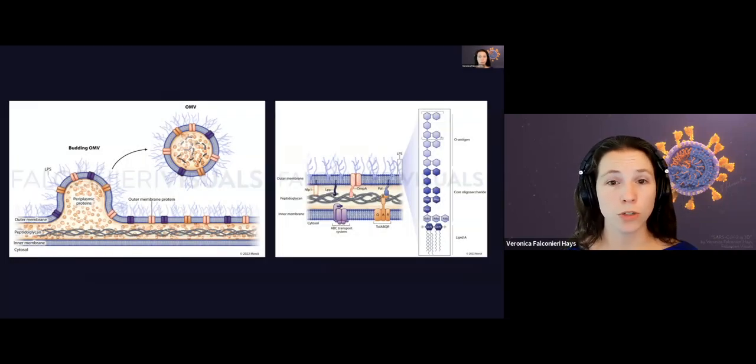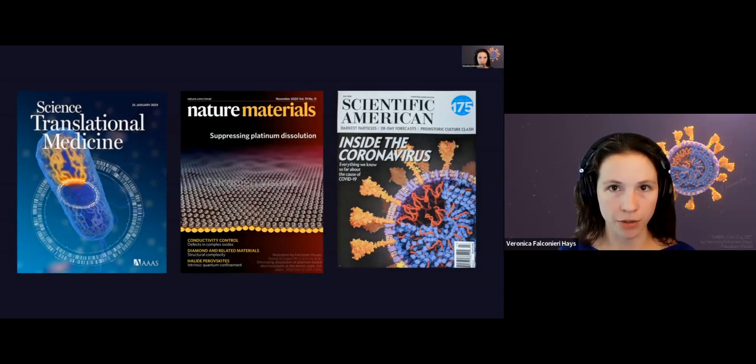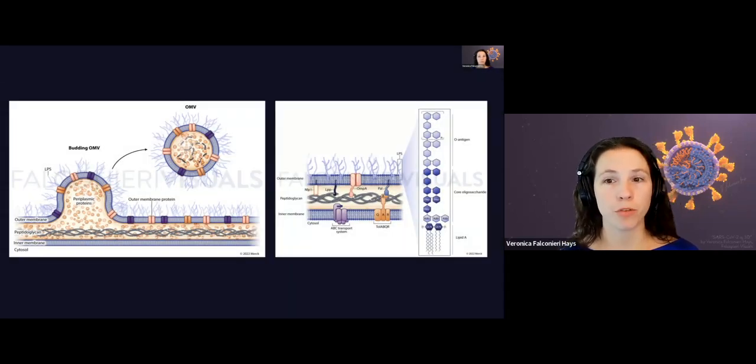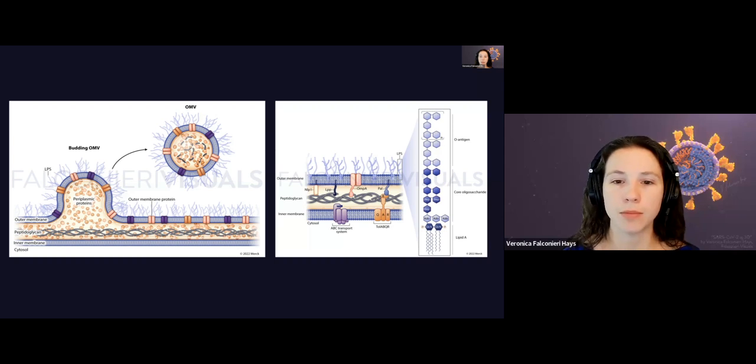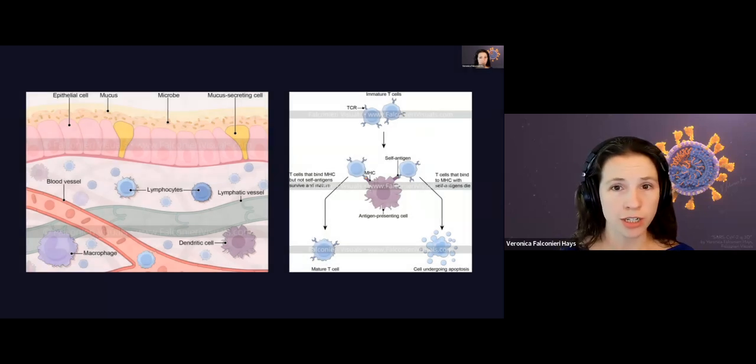So I also do 2D work. Some of the work you're seeing here is almost all done in my 3D program of choice, but I also do more flat work. This is in Adobe Illustrator. It's vector artwork. Similar programs are Inkscape, that kind of thing. So this is for a publication summarizing a mechanism of how outer membrane vesicles bud off from bacteria. This is a more general immune system illustration explaining how it works. And you can see these have just a different feel than the 3D artwork.